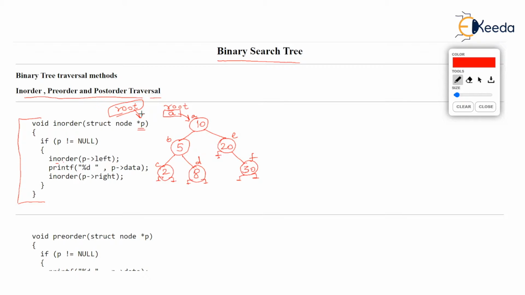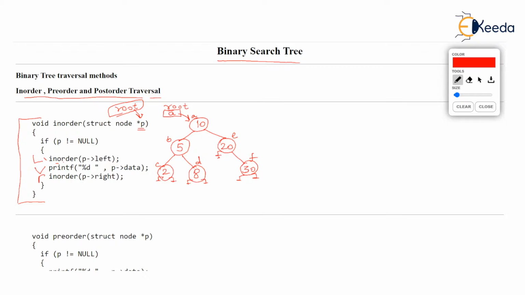But what we next write is simply a brace open, and in these braces we write an if. If that pointer p is not null, only then we execute in order. Check the open brace and close brace of if. So the parameter p is tested for null. If p is not null, only then these things are performed. And look at these things which are performed. You recall the rule for in order is LVR, isn't it? Left, vertex, and right.